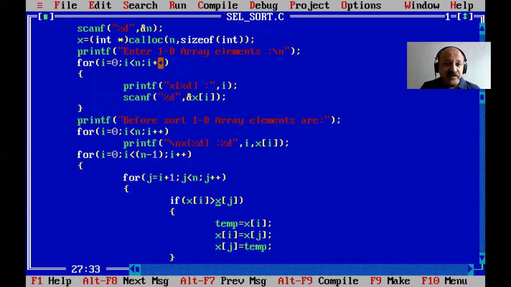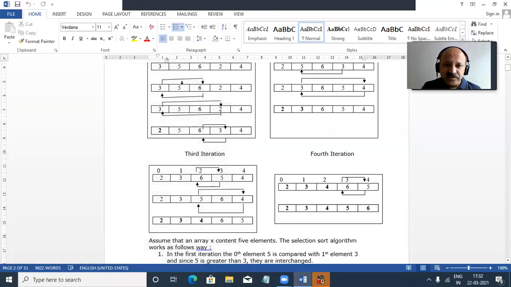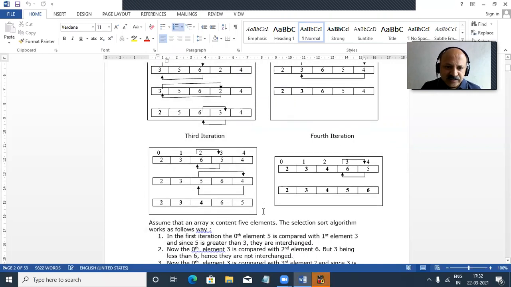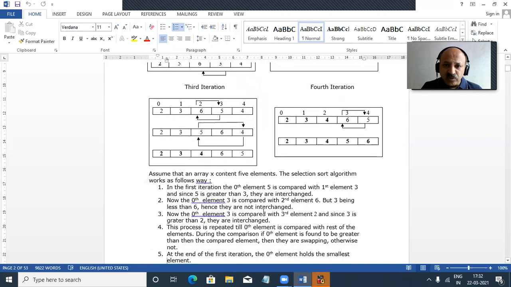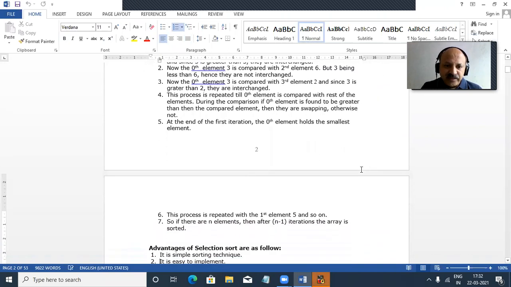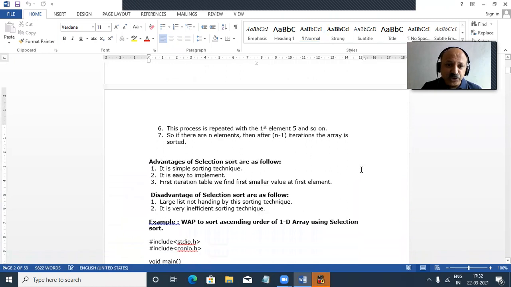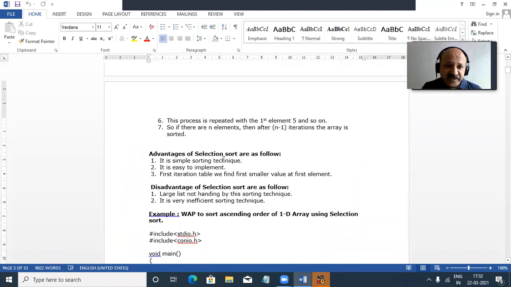What are the advantages of this technique? Let us check my book's contents. Here is the selection sort algorithm I developed, and then the advantages of selection sort. It is a simple sorting technique and easy to implement. In the first iteration table, we find the smallest value as the first element at zero index.